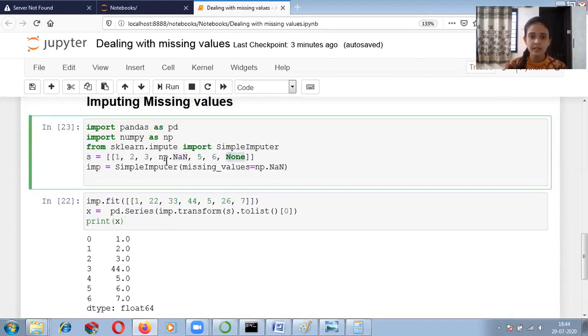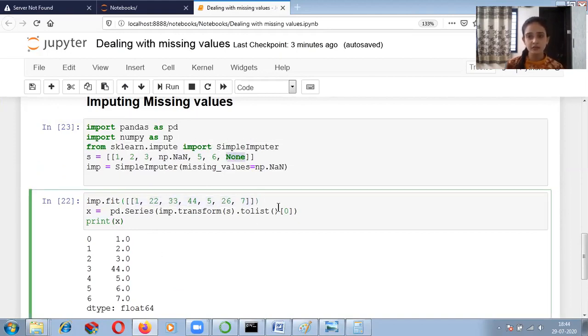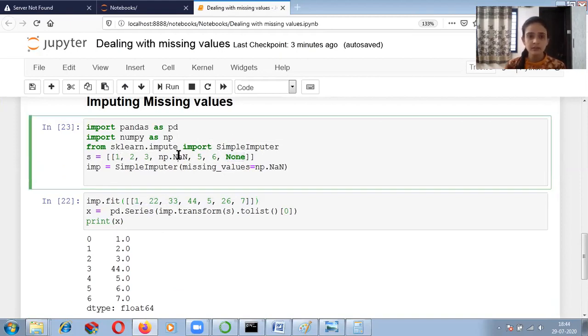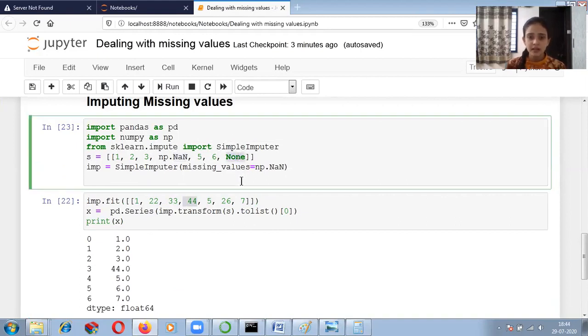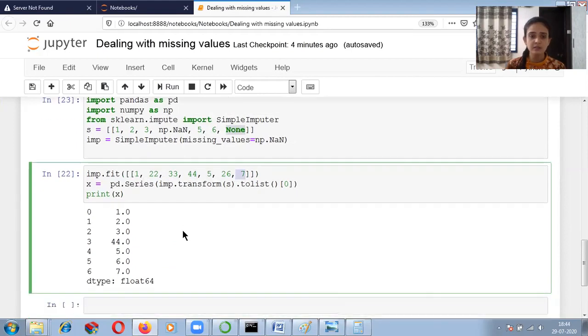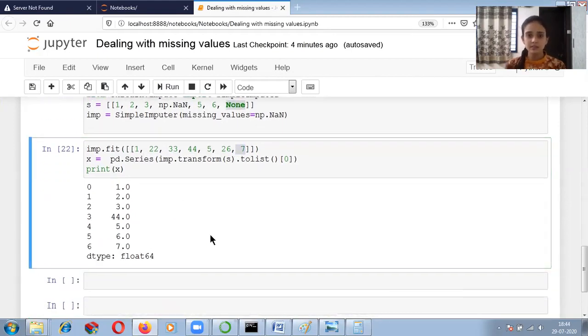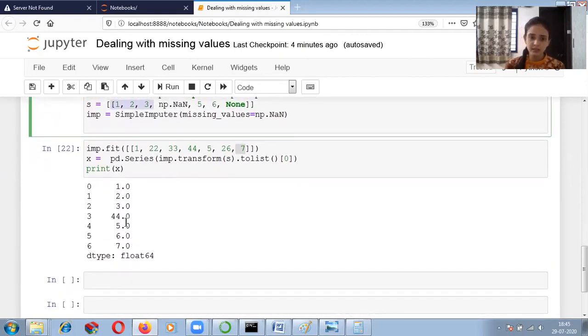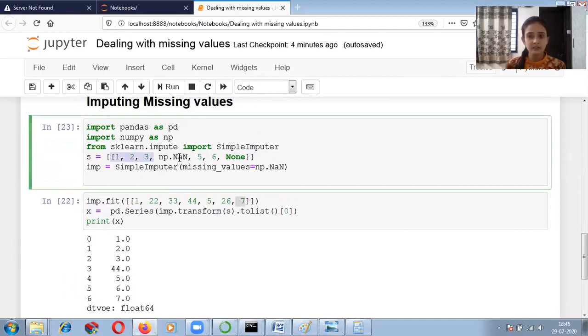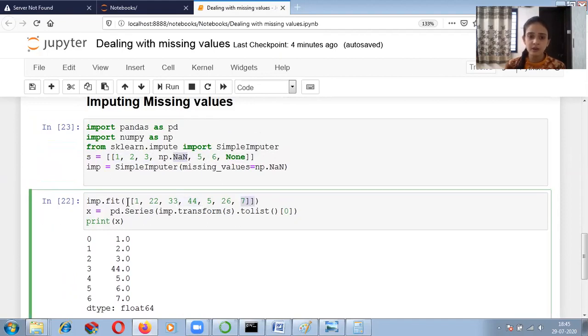Over here I have the missing data, that is np.nan, and the last one. Then you can see this is the data that I have fitted on. I have the values 1, 2, 3 as my normal values. This is my missing value, so instead of the missing value, it is taking my value as 44. Over here again I have a missing value, so instead of the missing value, it is taking the value 7.0. If you have the normal value, it will keep the normal values, that is 1, 2 and 3. If missing data is present in your object, then it will take the values that you have passed